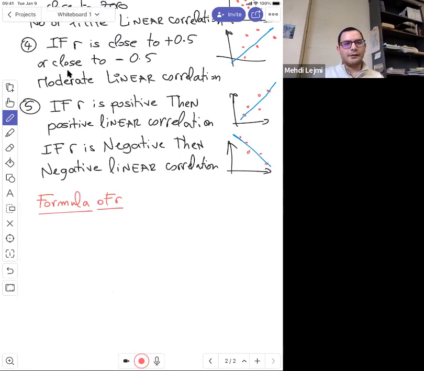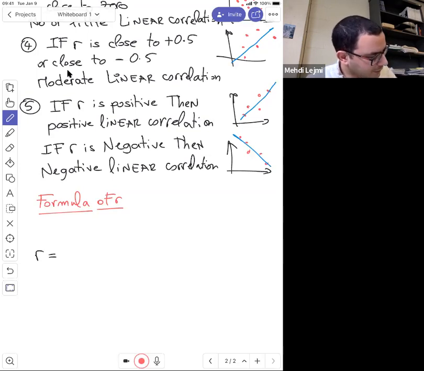Yesterday, of course, I tried to use different steps to compute this R. But here's another way to compute R. If you don't like yesterday's steps, we can do it in a different way. So the formula of R. We said R is actually equal to